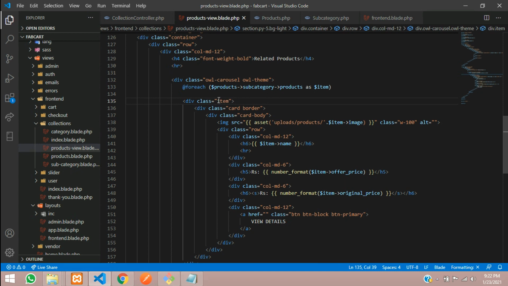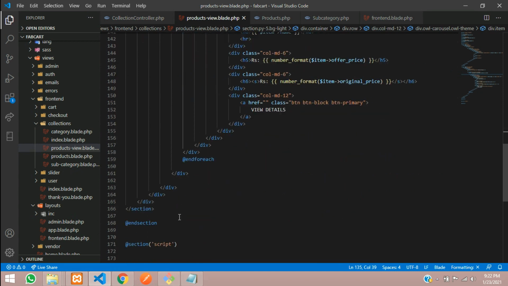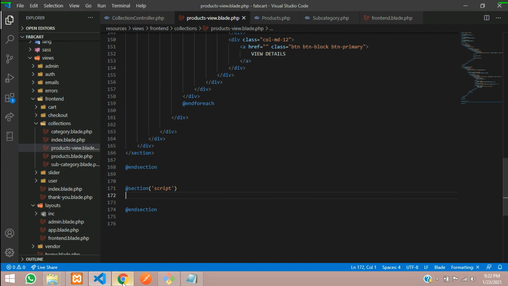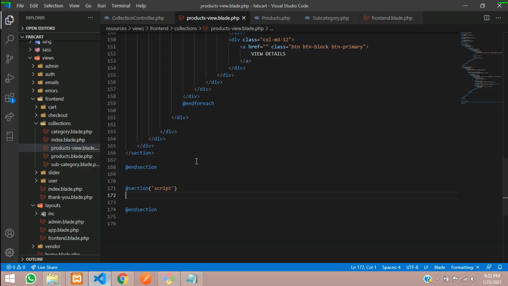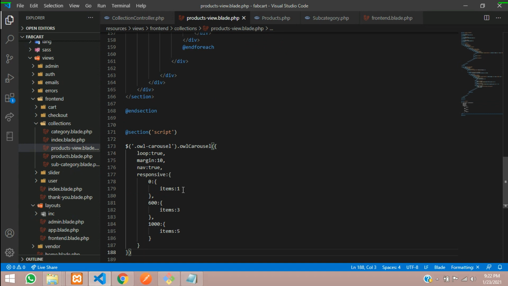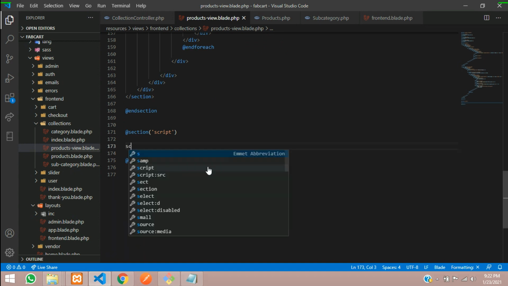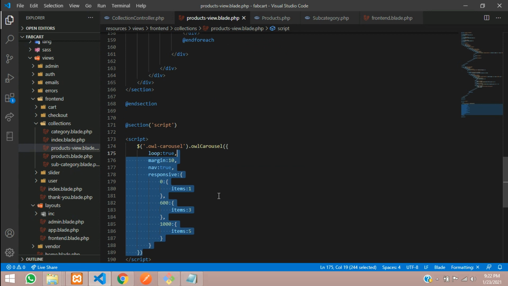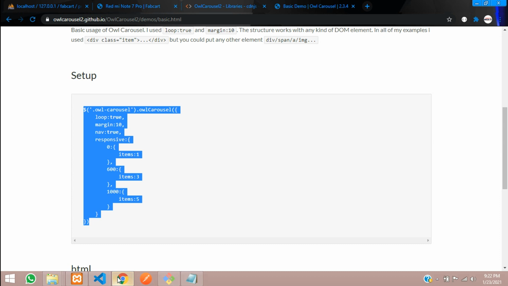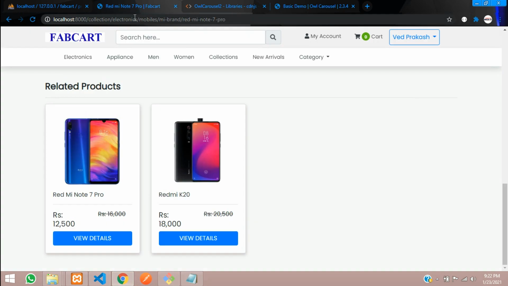Done. So once this item is placed, now place the code for it over here. So let's go and copy this code and paste this owl carousel code. Oops, let's paste in script tag, paste here, and let me show in 4 columns, 4 4. Okay, save, and now let's refresh the page of it.